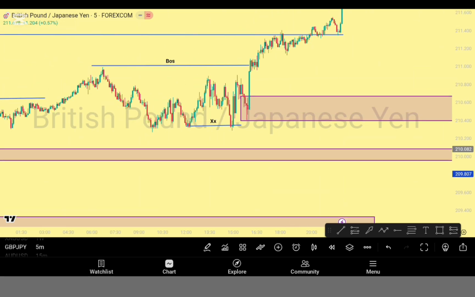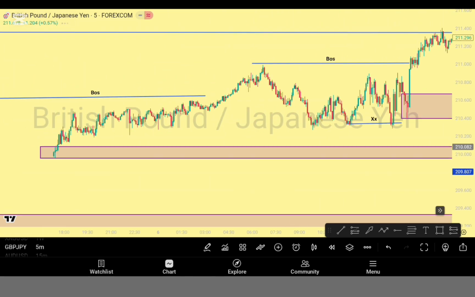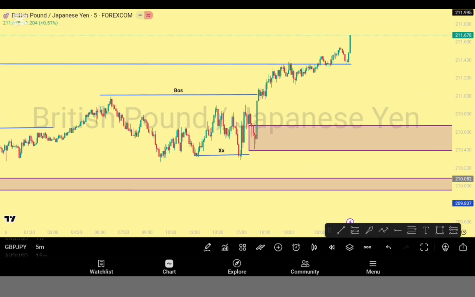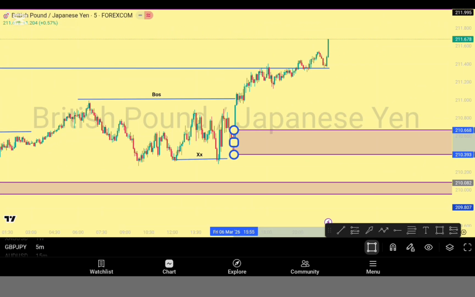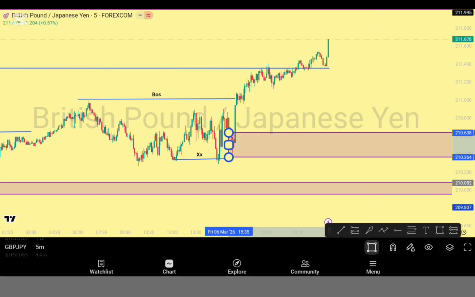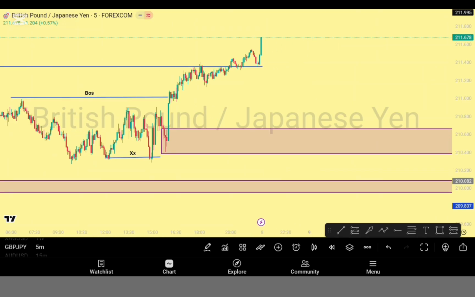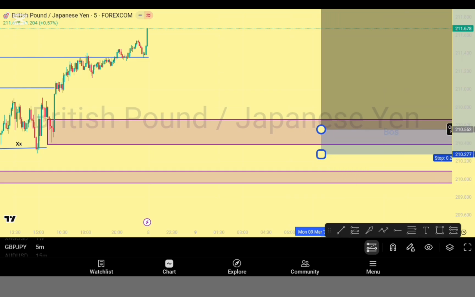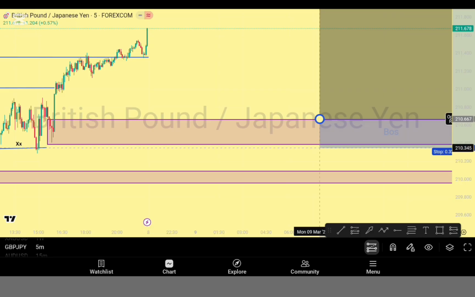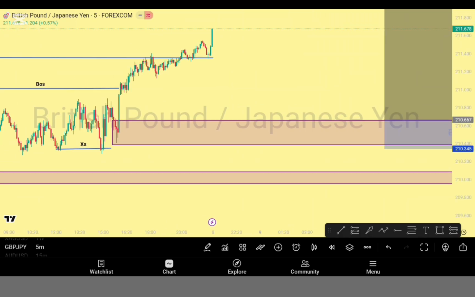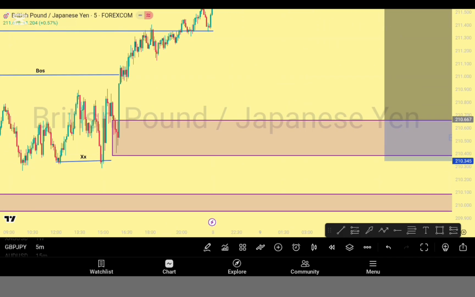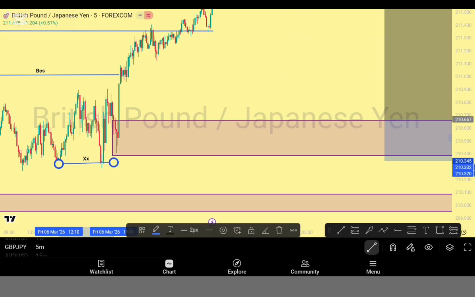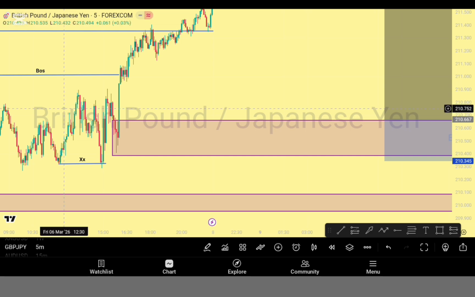So for 5 minutes, this is it. Okay, so wait for it in the second zone. So wait for it in the 5 minutes, because the 5 minutes hasn't been mitigated. So this is it. This is it. And we'll just wait for it here. Okay. For 5 minutes is a liquidity sweep. So this is what I have